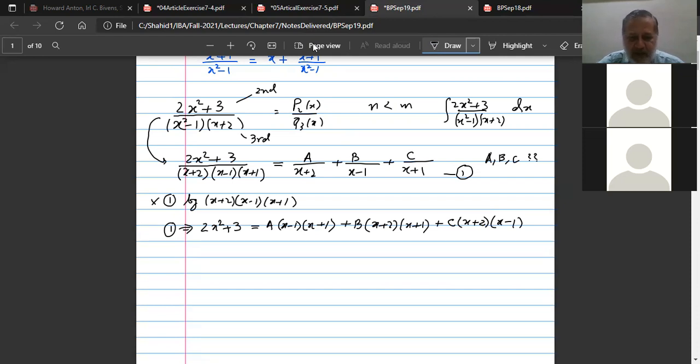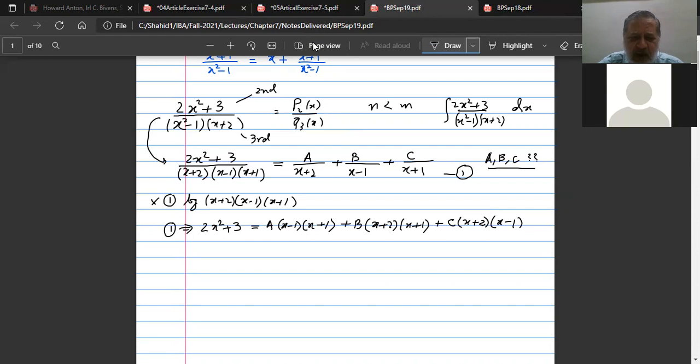And then our target was कि हम ABC की value मालूम करें, numerical value मालूम करें. For example, if I target a determination of value of a, मैं कोई ऐसा काम करूं कि ये भी कैंसिल हो जाए और ये भी कैंसिल हो जाए. तो ऐसा करने के लिए अगर मैं x इज इक्वल टू -2 रख दूं तो क्या होगा?